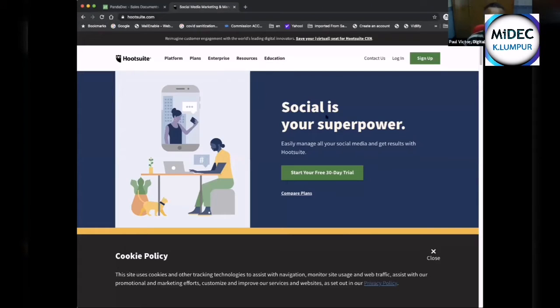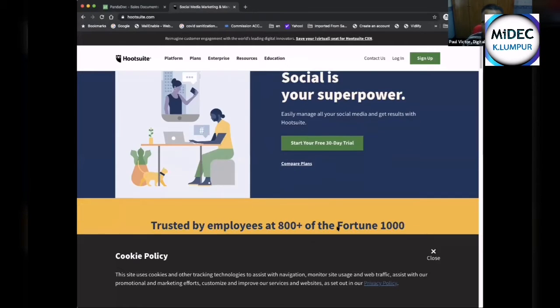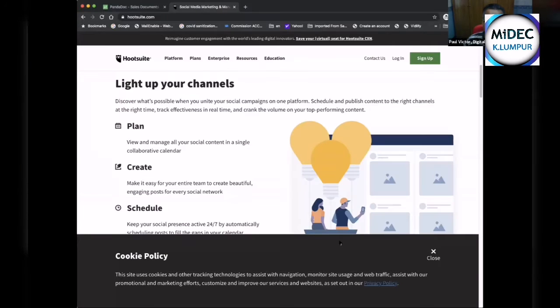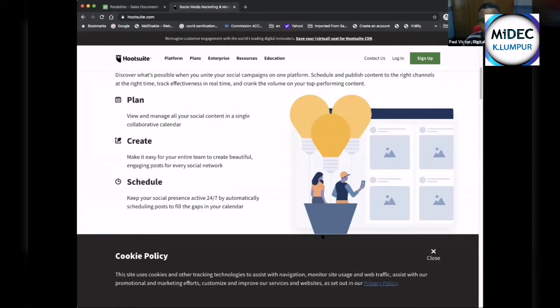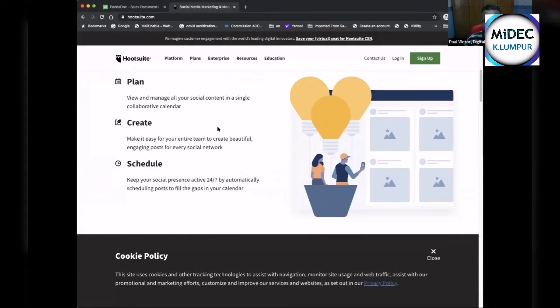All right, Hootsuite is something you can leverage to manage your social media posting. You can schedule posts for up to a month or more, because here you can do all your planning. For the free version, they will give you up to three different platforms. But with the current COVID-19 scenario, they are offering